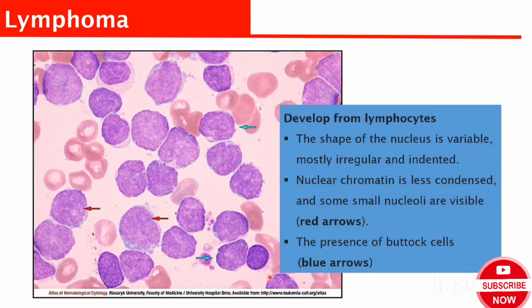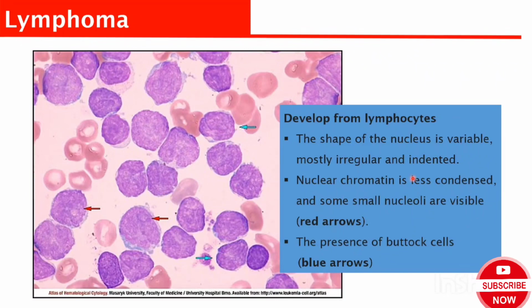Obviously, these are blood cells. Does that make sense? Okay? But if you look at this, you can see some features, which I have already mentioned here, that show you this is not just a case of maybe immature lymphocyte, although it is an immature lymphocyte. But when you see some of the features that I'm going to mention in addition to what I've already said, that the nucleus covers the majority of the cell, you are going to see that this is talking about